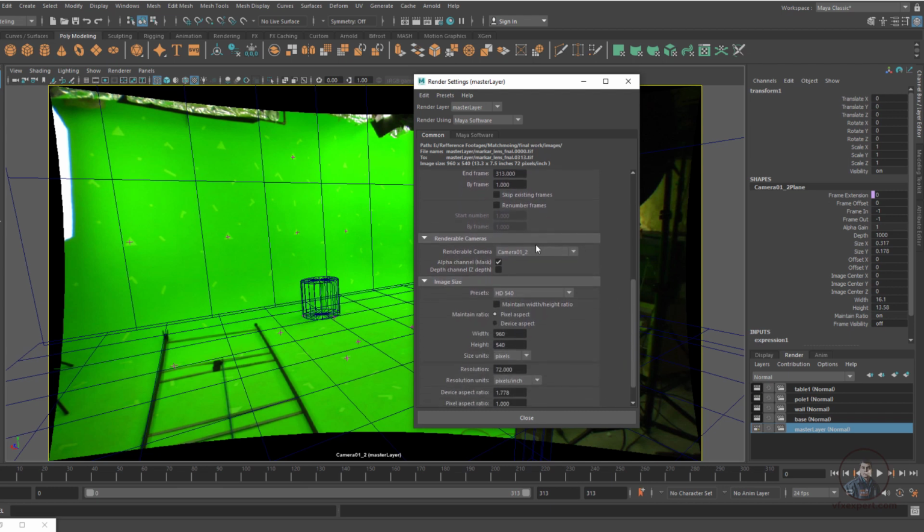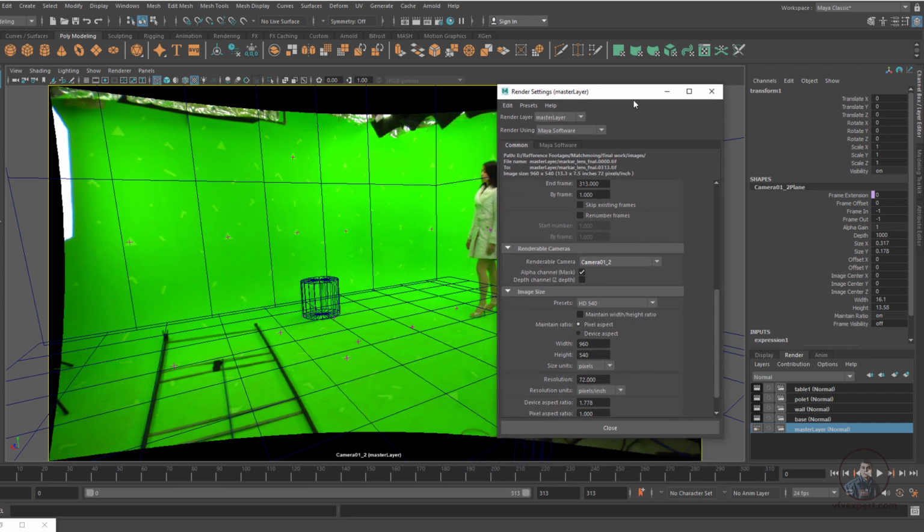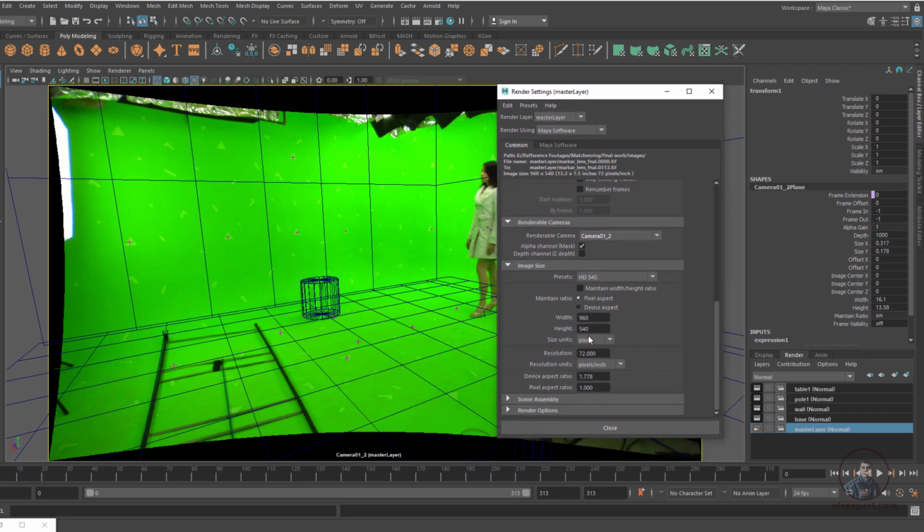Then after this, from here we have to select our camera, whatever camera you have, and if there is any perspective option you have to cancel it. Then in format or resolution, this is the most important thing. Here we have to render this scene according to our undistorted footage size or frame size. Remember this one. Okay, if you have any confusion you can check this in PFTrack.